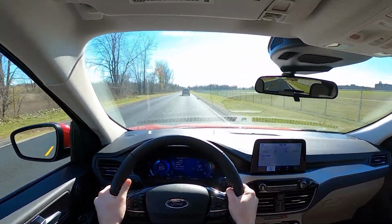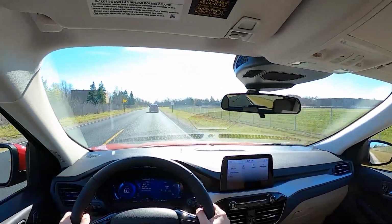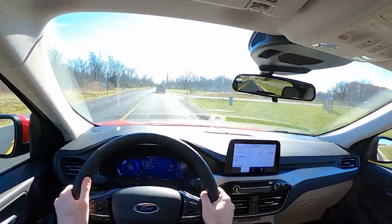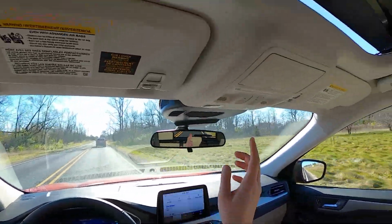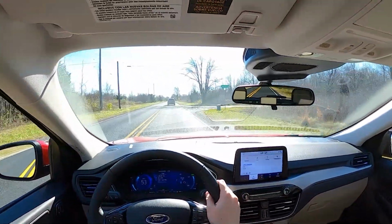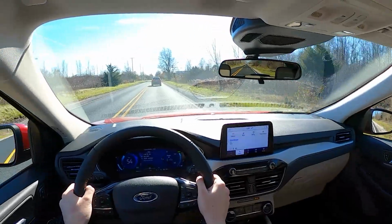Much darker in here. Chris probably appreciates this interior because it has a black headliner. Yeah, I'm not a big fan of beige, though. I think in this instance it's okay because, oh no, the sunroof's opening. Did not ask it to do that. Okay. In this instance, it's okay because most of the interior is tan anyways, so it doesn't look that